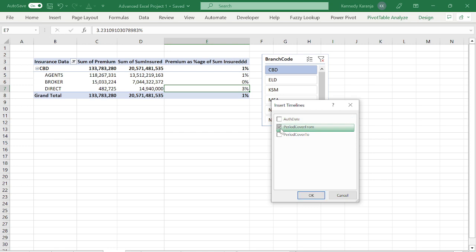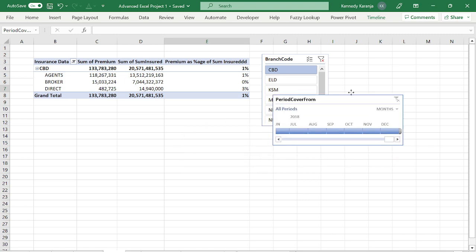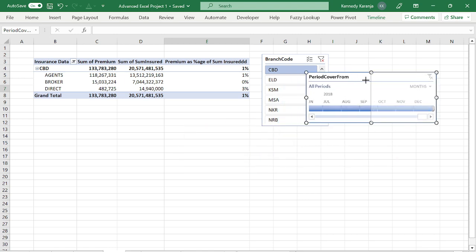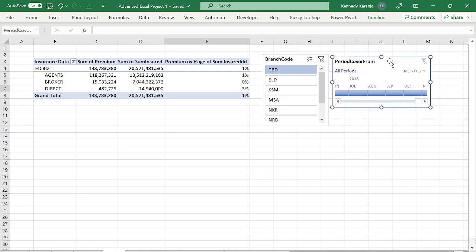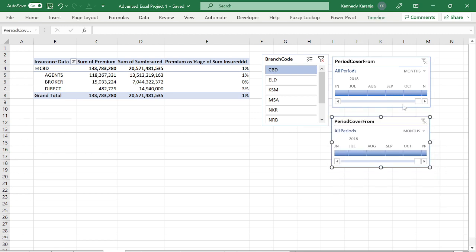If I had 5 columns with dates, they would all be listed here. For example, we chose to use the period cover from, and we said you can create a slicer like that. This one is a timeline slicer. As you can clearly see, it has months and dates. If I was to replicate this, maybe copy it here, I might want one to display years only, and this one to be just in months as they are. Here, if I wanted to see the insurance premiums or policies that came in 2018,